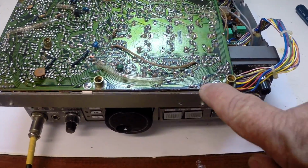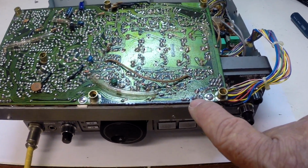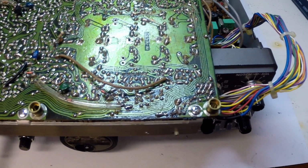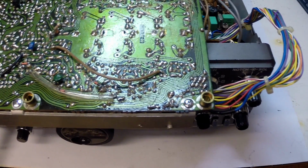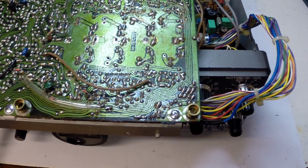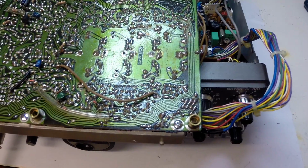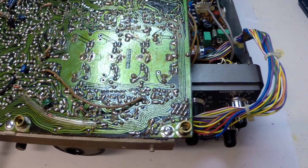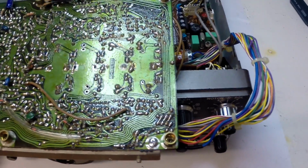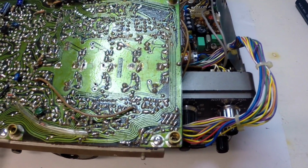Okay, and this is the area we want to look at. This is the 5-volt regulator, and if you superficially look at the board, it looks a little stressed, so we'll proceed with removing the caps and probably the regulator. We'll do this in 2 steps. We'll replace the electrolytic capacitors, fire the radio up, see whether that solved the problem, and then we'll push on to the regulator. If that doesn't solve the problem, then we'll push on and see what else we can find. But at this stage,